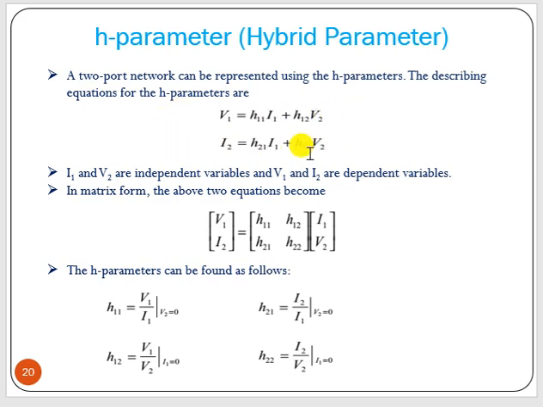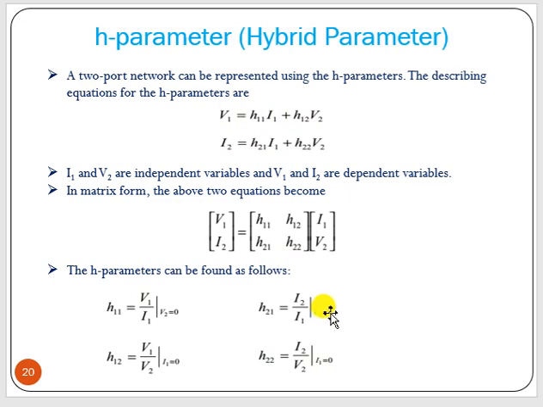Why it is called H parameter? Because here we have both V and I in that equation. In Z parameter, the equation is written only in V equal to IZ format, and in Y parameter I is written only, but here we have a mixture of V and I. And another point is there, this is the corresponding matrix form, and to find out the value of these H parameters, H11, whenever you have to find out, you have to make V2 0. Now if you make V2 0, H11 is V1 by I1, and H21 equal to I2 by I1